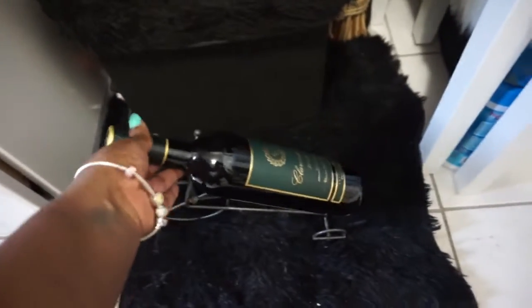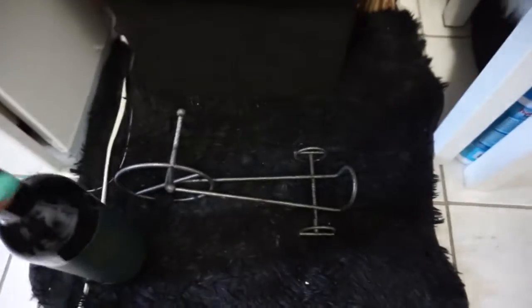But anyhow, today I'm going to be DIYing this wine stand, this cute little wine stand that I purchased ages ago. It's been in my storage, I haven't used it in years, so I thought to make it pop a bit more, I will spray paint it in that brass gold paint that I have left over, and then just put my